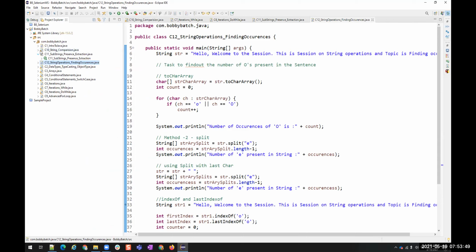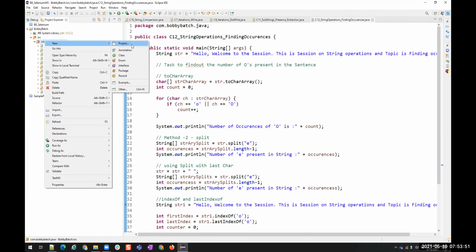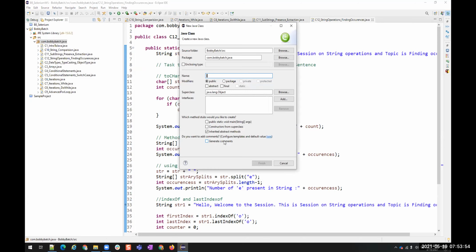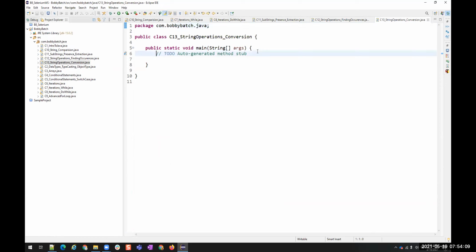In the project, I'll create a new class here, new class, say 13. String name is equal to NIKIL.